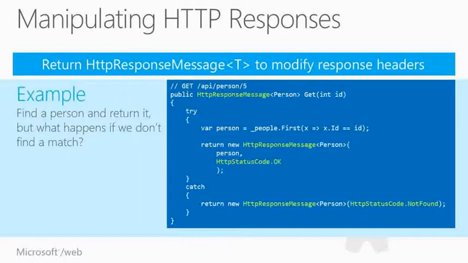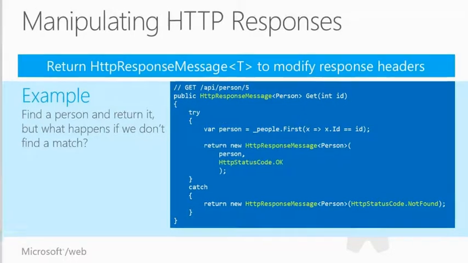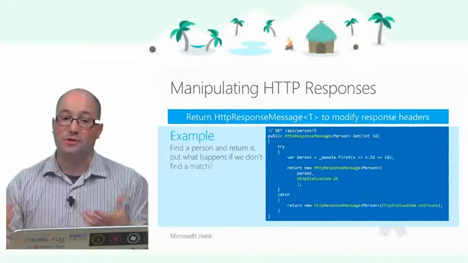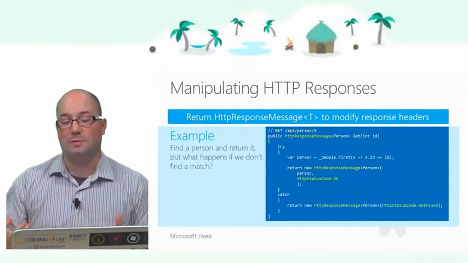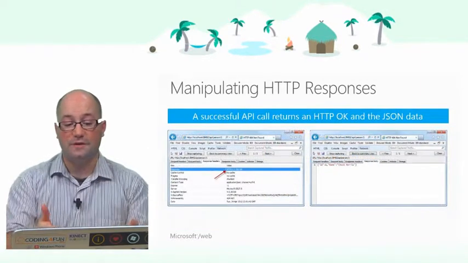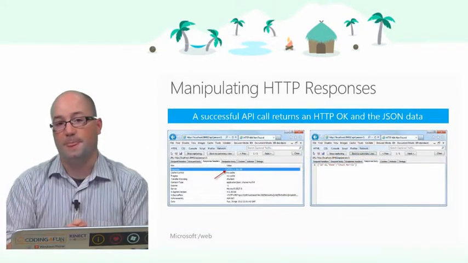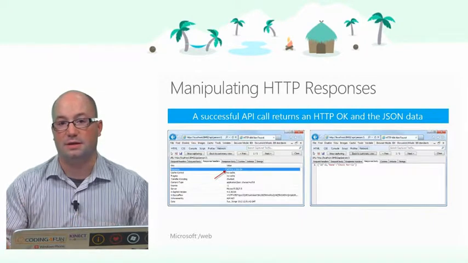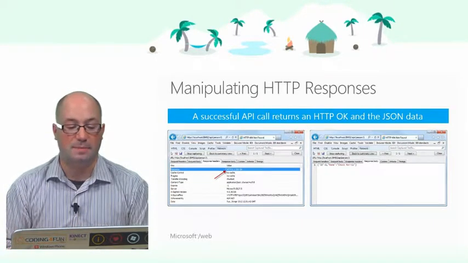And either we find it and we return an HTTP status of OK, or we don't find it, we exception out when we try to respond with that person, and we return an HTTP status code of not found. Either way, our app doesn't fall apart, and the consuming client gets a meaningful response on the other end. So if it's okay, you can fire up Fiddler just by creating the default API project, a